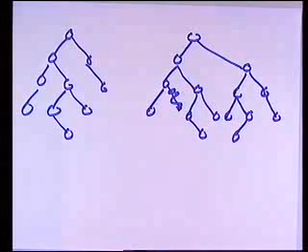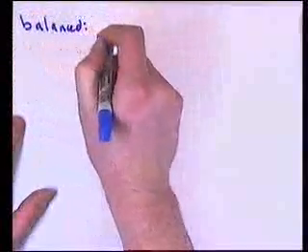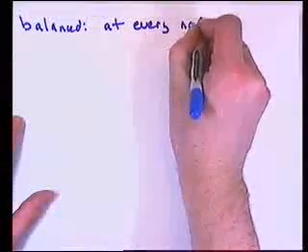We want to make sure that we don't have a particular tree becoming too large in height, and that was the problem with the binary search tree worst case. Since we always had everything on the left, the left subtree of the root was very, very long, and the right subtree didn't exist. It was null, basically. So let's have a definition based on the height instead, and we'll call a tree balanced if at every node